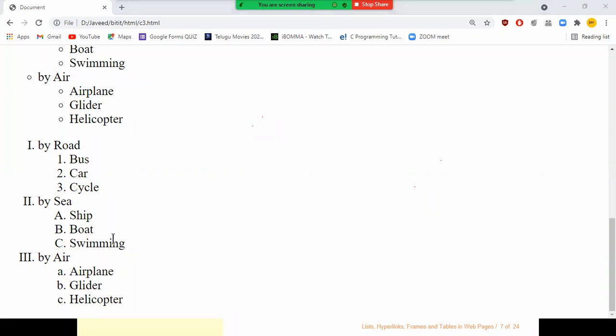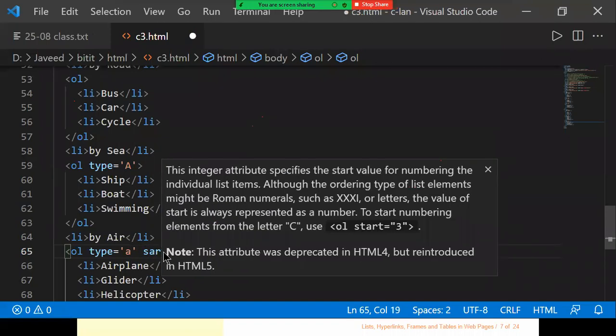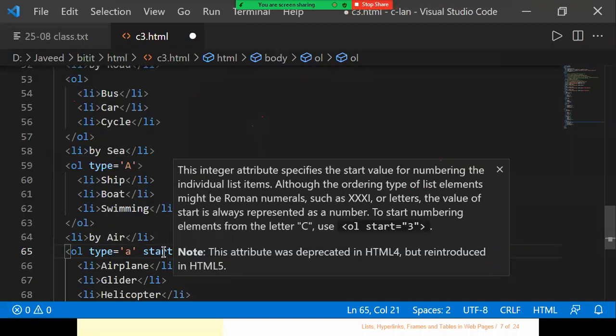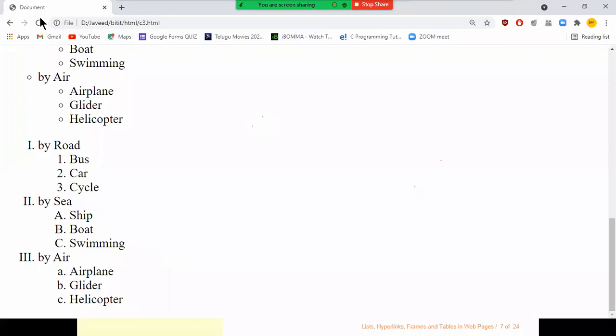Now you can also specify the start, from where you want to start it. The start option can be used. Let us say I want to use start is equal to 10. Now you see it is going to start with the value 10 there, so that is alphabet I, J that we will see here. I is going to be the 9th letter, and J is going to be the 10th letter for us.